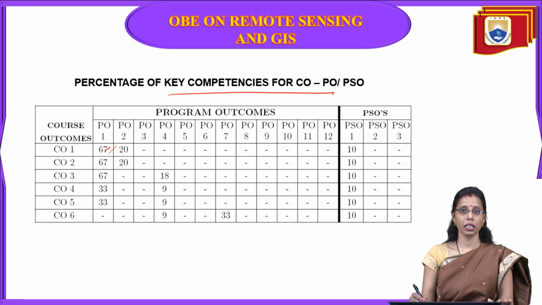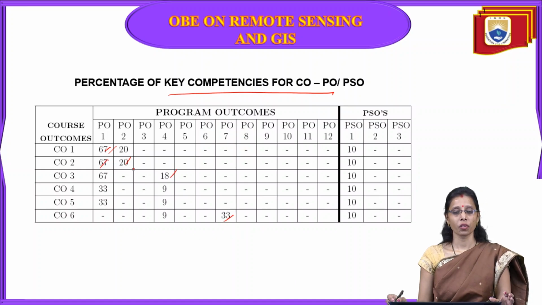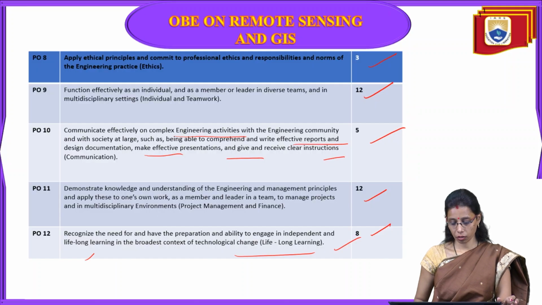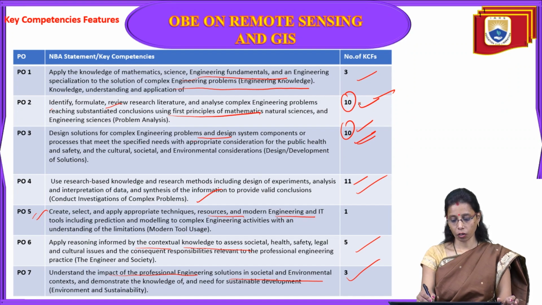If it is 10, it means mapping with only 1. Like that the percentage is given here based on the total competencies. Suppose we have a total of 10. Out of 10, if it is mapping with 2, or 2 by 10, like that we have to check with each competency level. Wherever it is mapping with more than 2 or 3 or some places, it is not possible that it will map 100%.